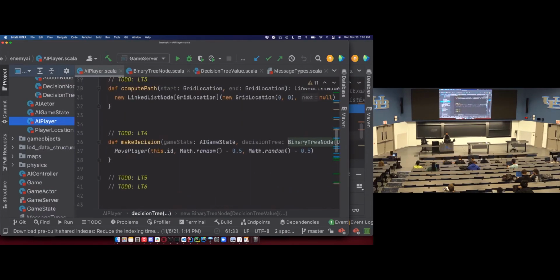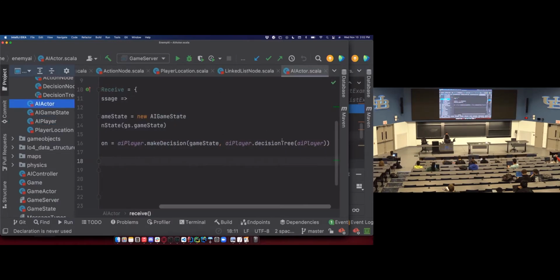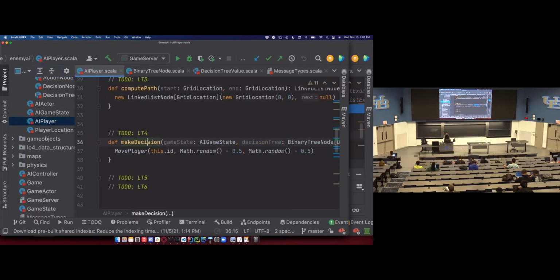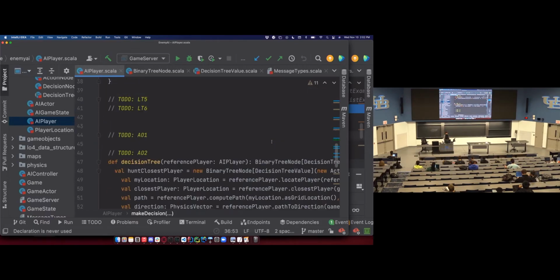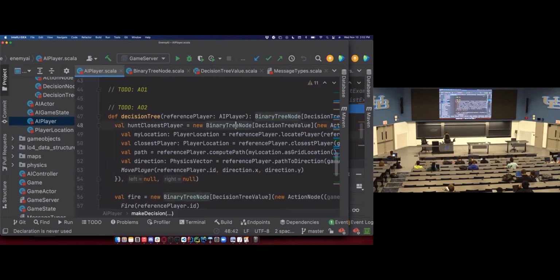So that decision tree will end up right here, because we're calling that decision tree in the method call of makeDecision. So makeDecision is going to get that decision tree from AO2 and then navigate the tree. For each node that I created here,